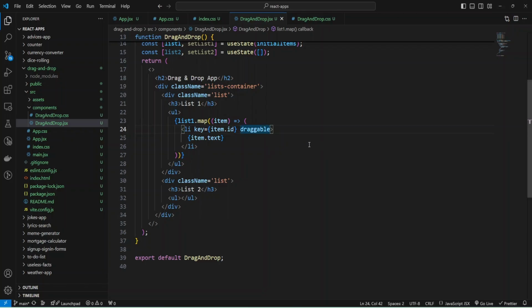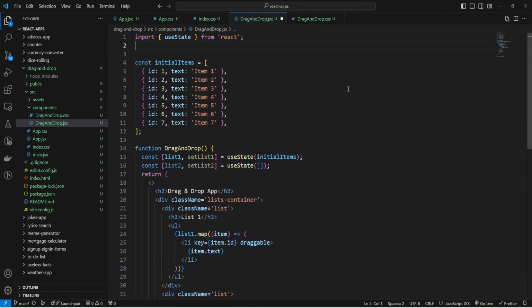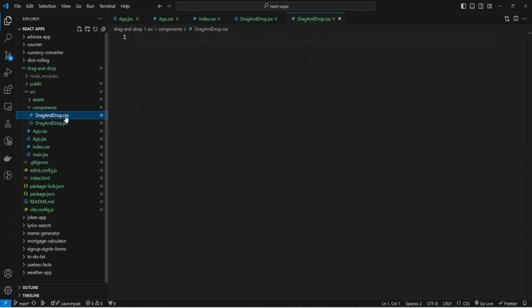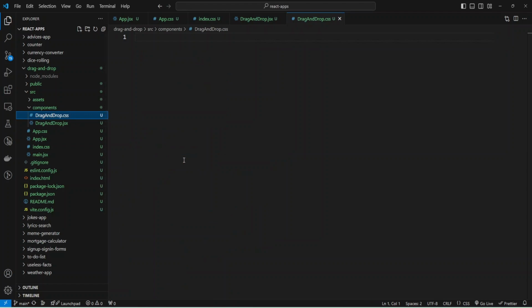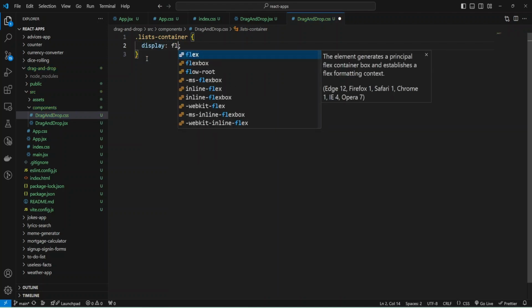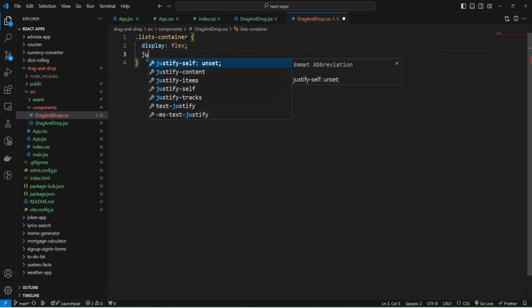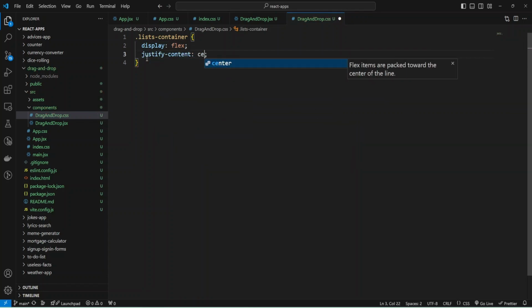First of all, let's add some styles. I'm going to import my drag and drop CSS, and I can provide styles for my container, which is a class, and make display flex and justify content center.